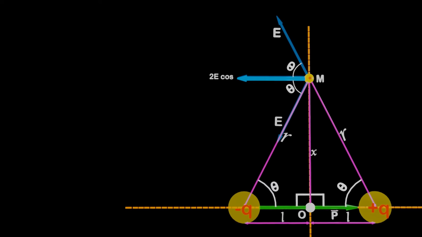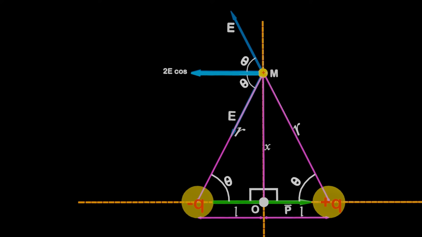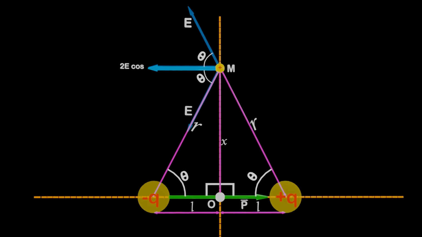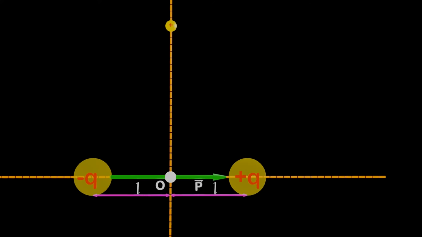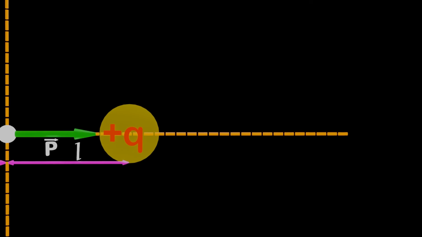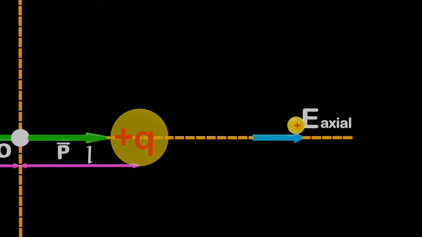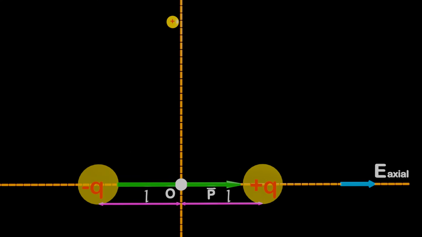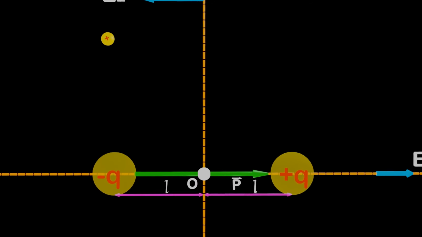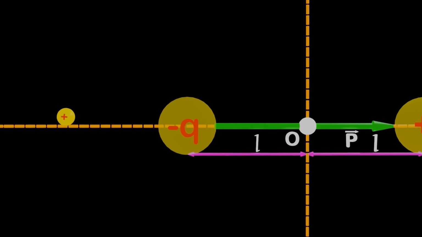Okay, before we discuss the third case, let's understand the direction of the net electric field at different positions in a simple way. The direction of net electric field can be determined simply by placing a positive test charge at different positions. In the axial position, the positive test charge will experience a force in the direction of the dipole moment. However, if we place it in the equatorial position, it will experience a force in the opposite direction of the dipole moment. Similarly, if we place the positive test charge on the left side of the negative charge, meaning